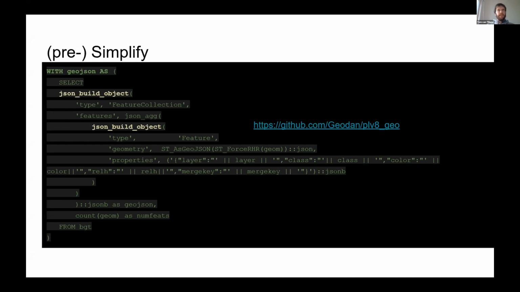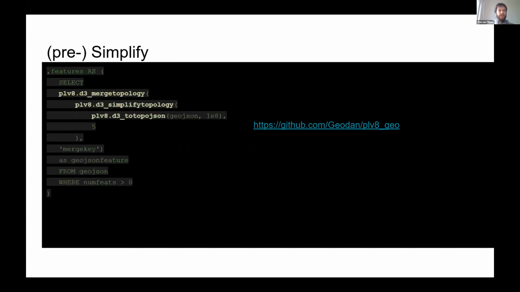And what you see is we used JavaScript. I will not explain to you how this exactly works. It uses topo.json, and that's the bottom line. And since the query is rather long, I go in 3 steps quickly through it. But the first step is you create a very big feature collection of your geometries. You make one big GeoJSON, you feed that to the next step, which is a wrapper around some JavaScript. You can actually run JavaScript from within Postgres, which tends to be rather dark magic, but it works